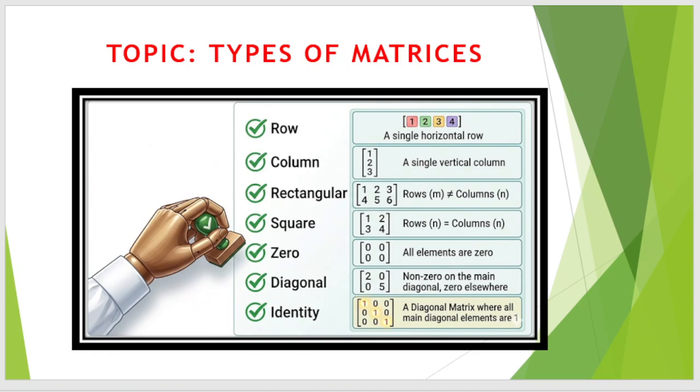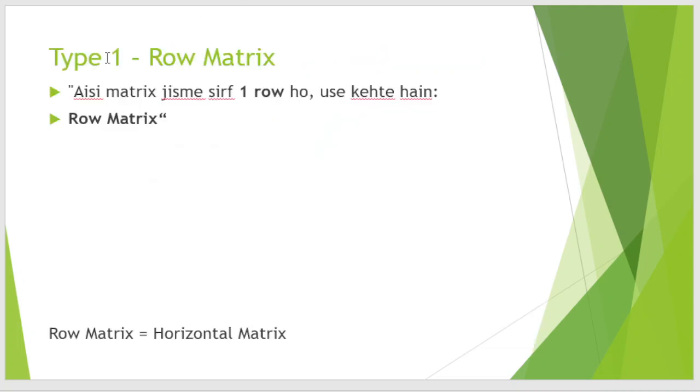You focus on this slide, types of matrices. Here I am going to teach you row matrix, column matrix, rectangular matrix, square matrix, zero matrix, diagonal matrix, and identity matrix. Let us study one by one. First is row matrix. ऐसा मैट्रिक्स जिसमें सिर्फ एक रो हो उसे कहते हैं रो मैट्रिक्स।